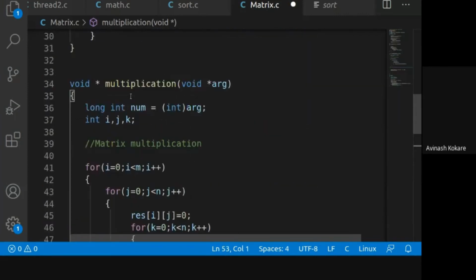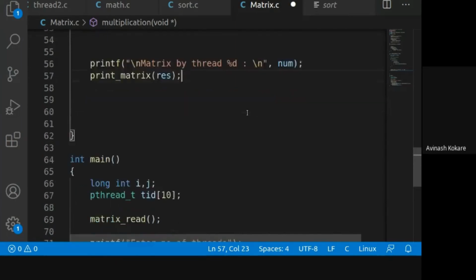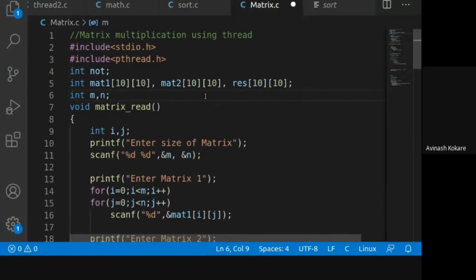Thread number we are copying in the num variable. So this will print a matrix by thread %d. I hope this program will work.